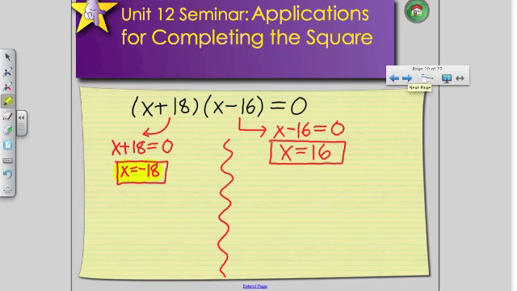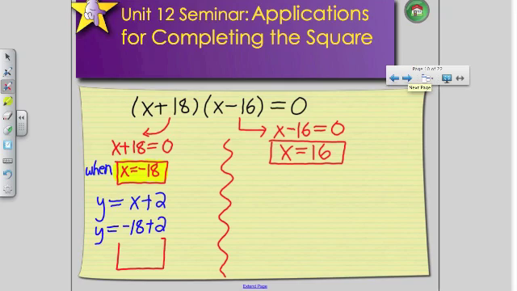So we're going to start with negative 18. When x is equal to negative 18, you have to remember to say y is equal to x plus 2. So y is equal to negative 18 plus 2. So when x is equal to negative 18, y has to be equal to negative 16. Those are the two numbers that are going to multiply to positive